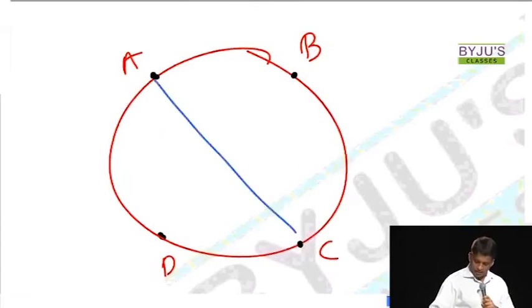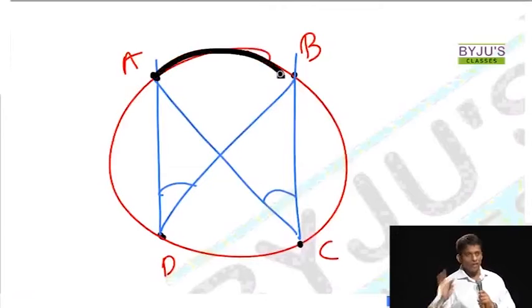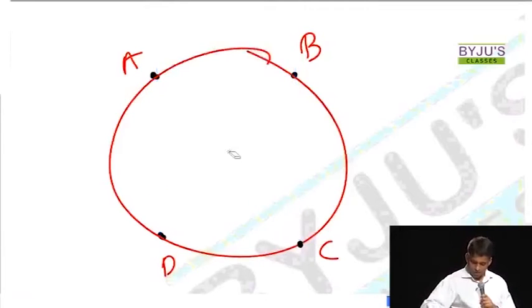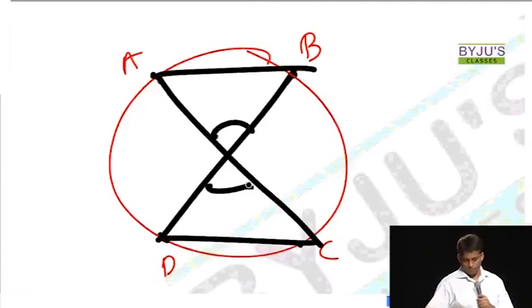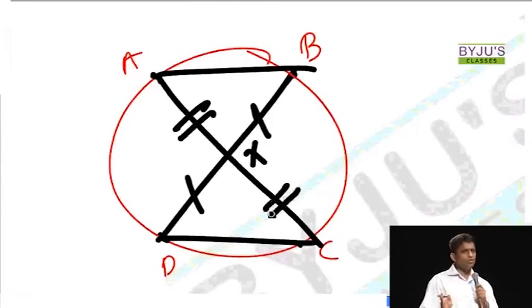if you are crossing the lines like this, then you know that these two are equal, because we are talking about the same arc here. AB is fixed, so these two are equal. Or you can also take it as these two triangles are similar triangles. We'll talk about similar triangles also, but AXB and DXC are similar triangles. And we can also write that BX into DX will be equal to AX into CX. That's all based on similar triangles.